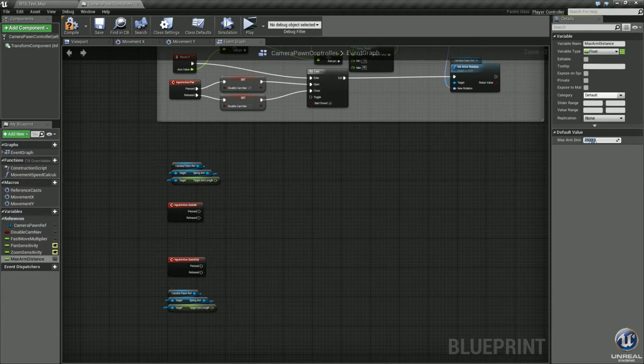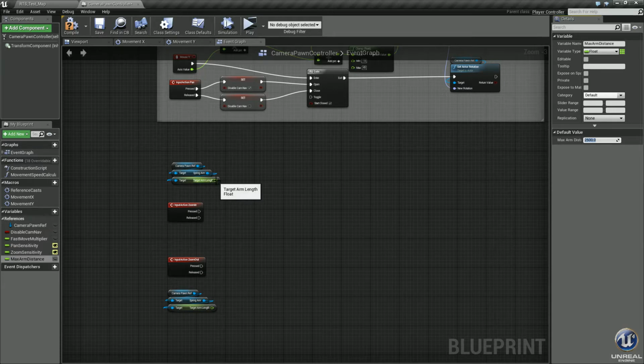However, one thing to keep in mind, not only with this variable, but with the default 1500 that we have on the arm length initially, is that it's going to depend on how big your world is. If your scale is 1-to-1, in other words, you've got life-size buildings and characters in there, you're probably going to want these numbers to be higher. But if you've got a miniature world, like mine, I think I'm going to do mine around 1/10 of a scale, maybe a little bit more. These numbers should work out okay for me, but if not, you'll have to change these to fit your world accordingly.